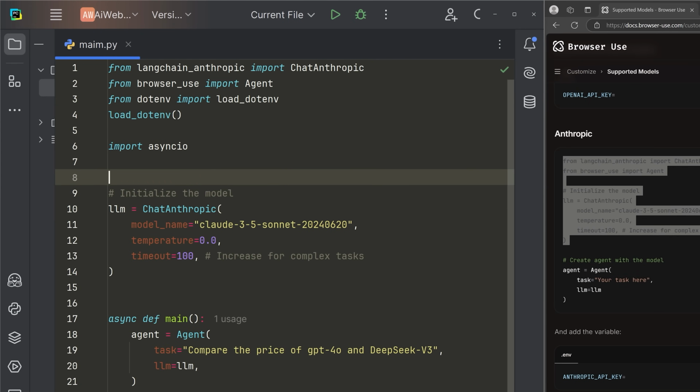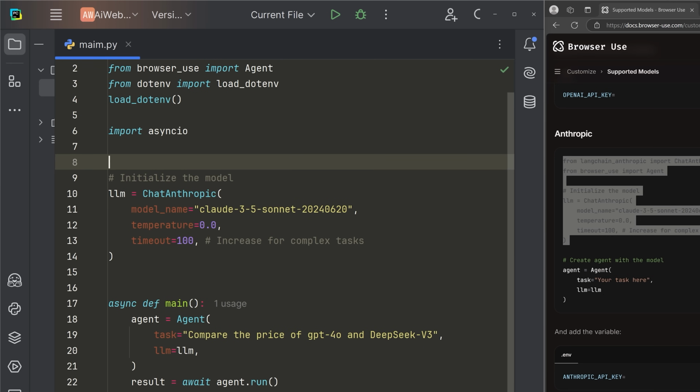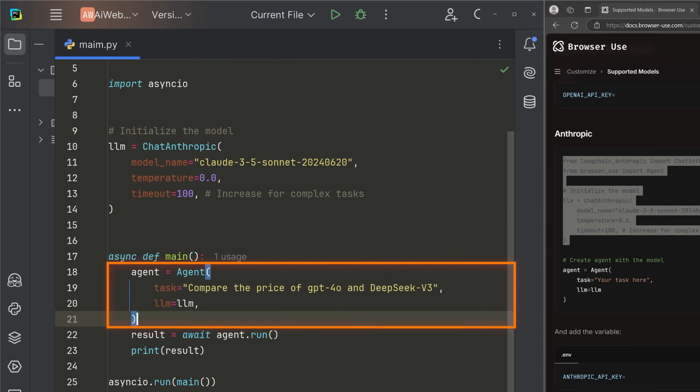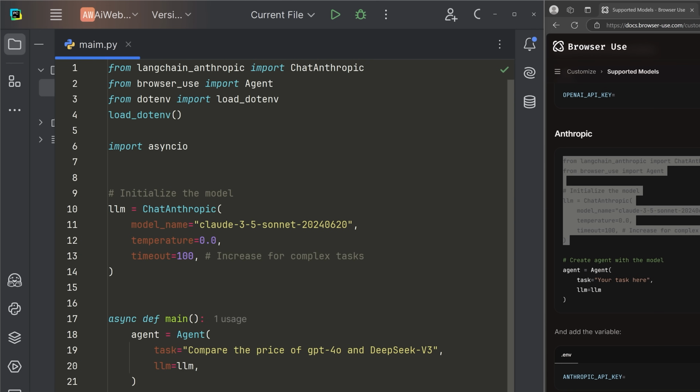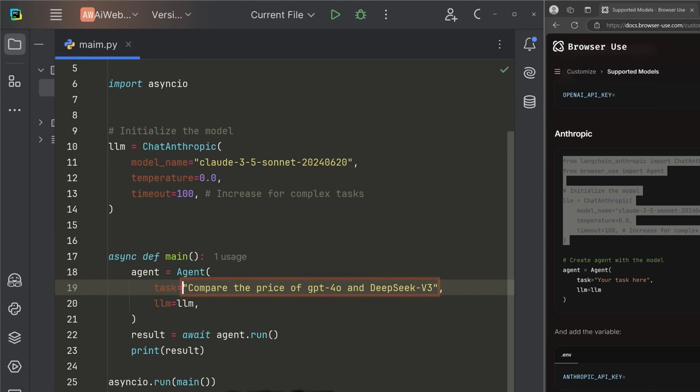Now, again, I'm just showing you the copying and pasting because this is exactly how you would do it if you were learning from scratch. And now you can see that your agent is going to be using this LLM, which is now the Anthropic LLM. And if we run this code, it should actually open up a new browser for us and then start